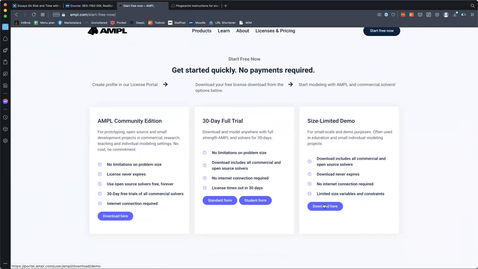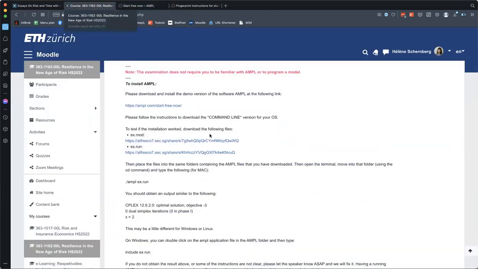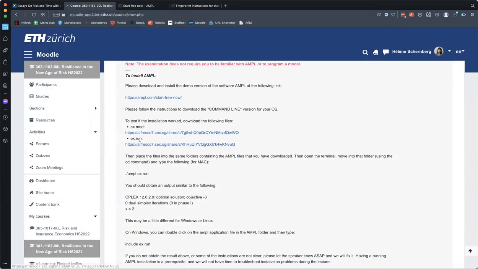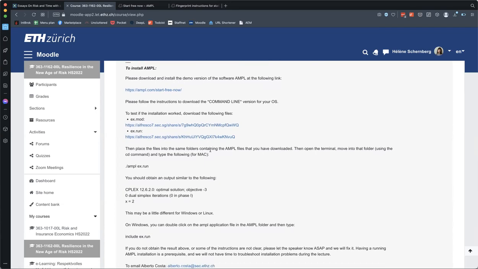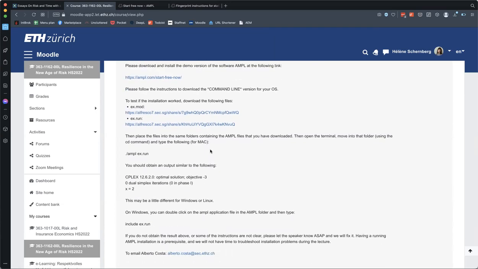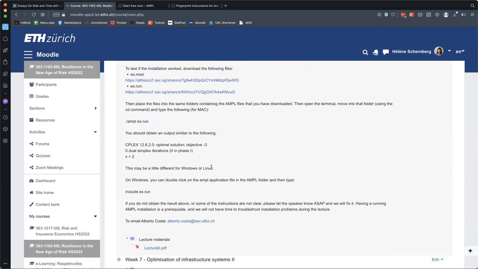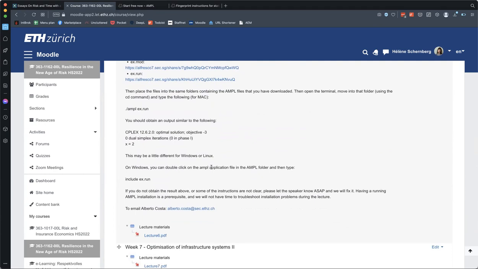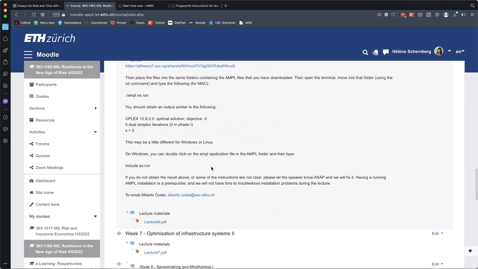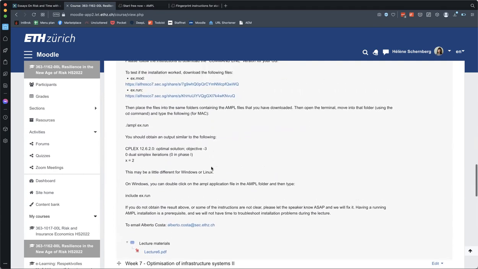So you have just a folder that you put wherever you want, in which you put all the run files for the examples. So here you have the example watch file, example run file, which you can download also, which you put in your Ample folder. So that should be working for you. There's a bit more instructions here. So if you need help, just ask, and that's all. But normally all the instructions are there and it should work.